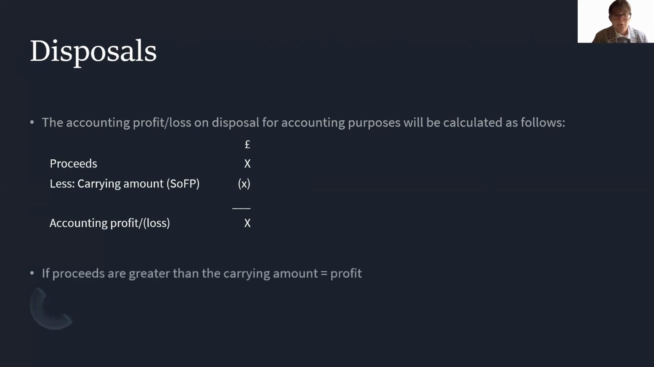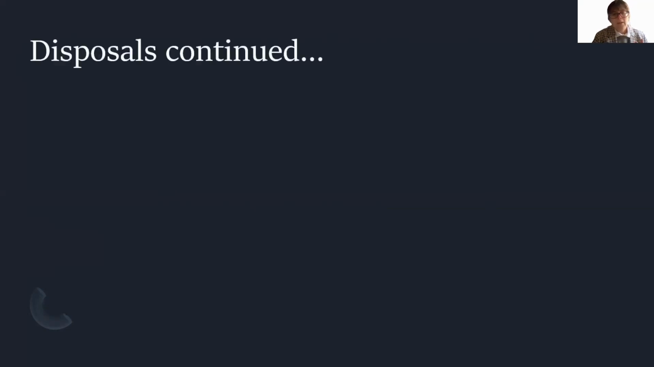So if sale proceeds are greater than the carrying amount, that means you have a profit. On the other hand, if your proceeds are less than your carrying amount, you have ultimately made a loss. So looking at this in a little bit more detail then, accounting profit or loss will be treated as disallowable